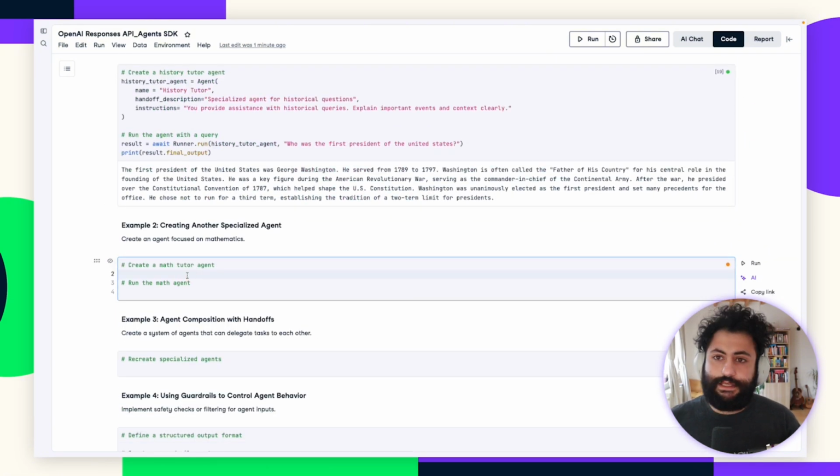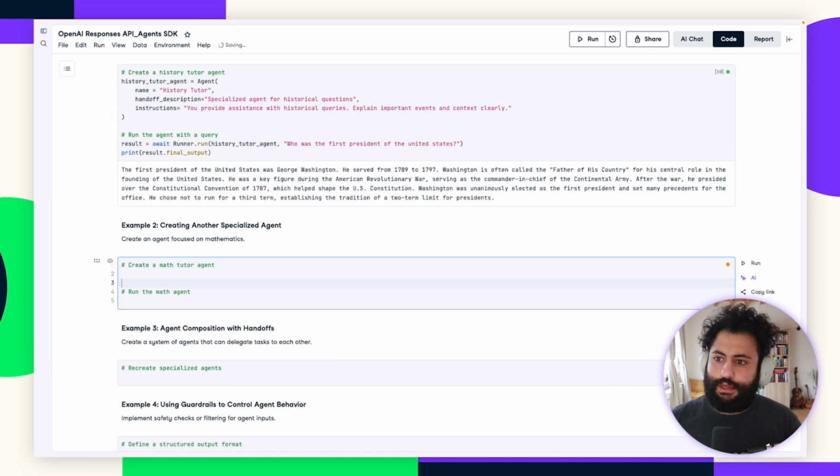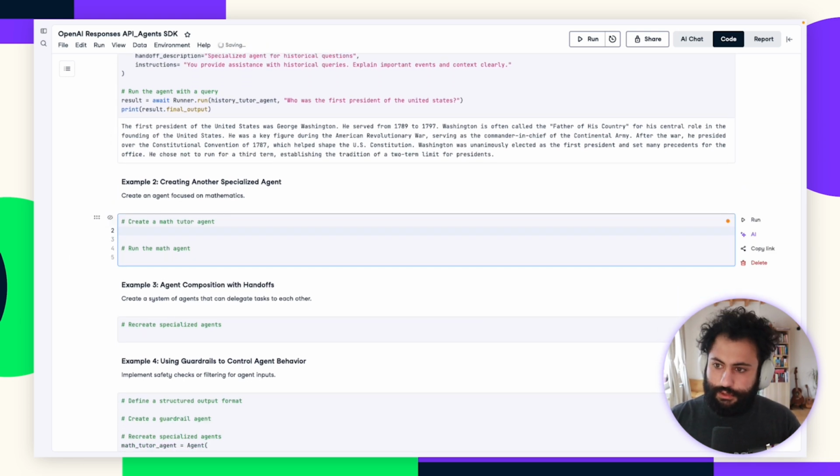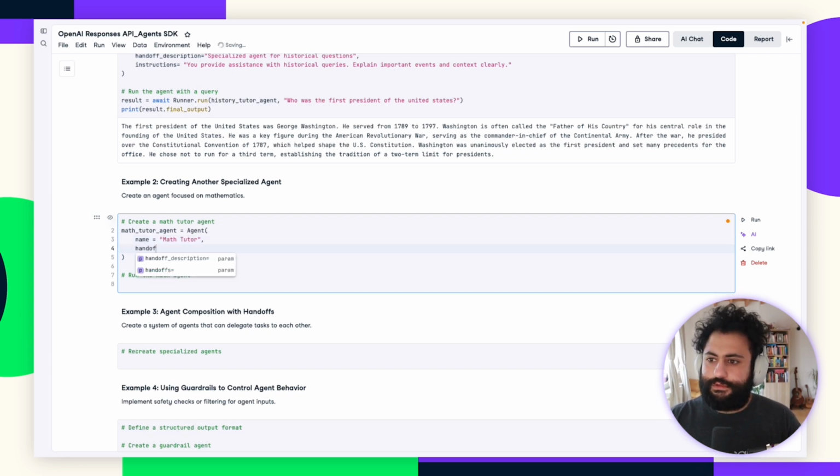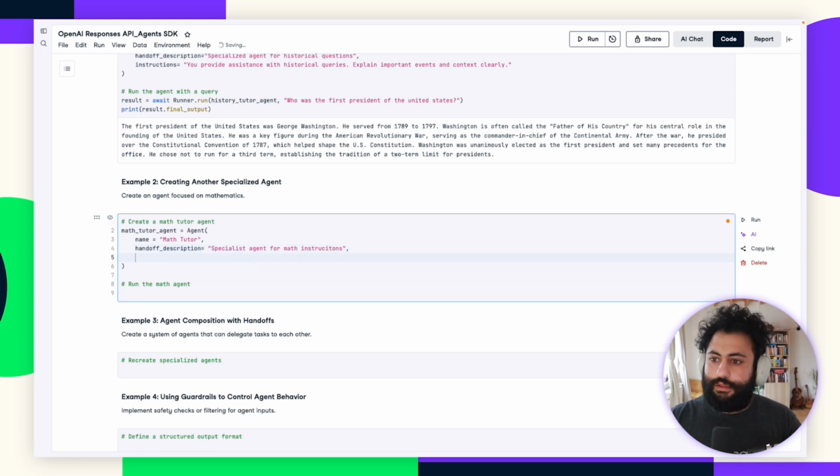Now, the second thing, let's say I want to create another specialized agent. So this one is specialized on math, right? So what I'm going to do is also create a new agent called Math Tutor Agent. I'm going to open up a new agent function. The name is Math Tutor. The handoff description is Specialist Agent for Math Instructions. And then the instructions are,